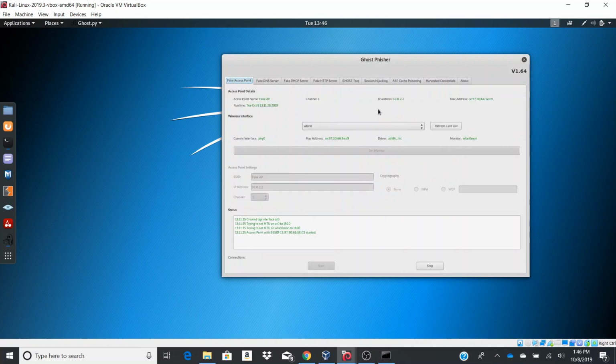So the first thing I did was set up my fake access point using the web interface of WLAN 0. The SSID is fake, and the IP address would be 10.0.2.2. For the cryptography, I chose none because it wouldn't allow me to use WPA or WEP. As you can see here, it created the interface, and it created an access point with the SSID,